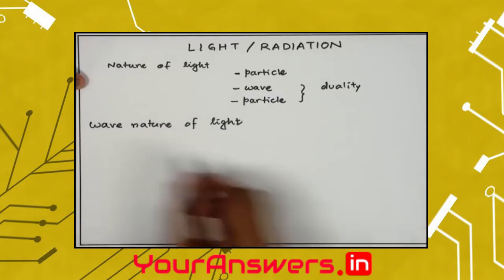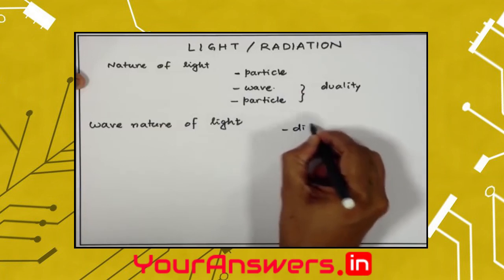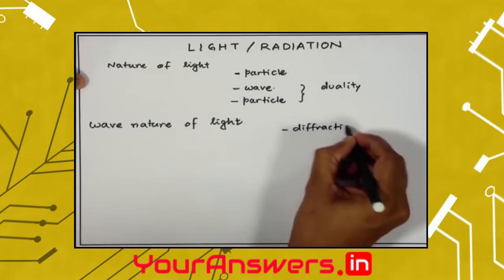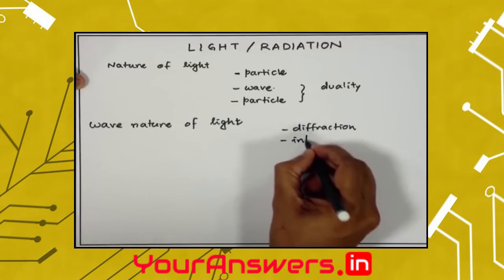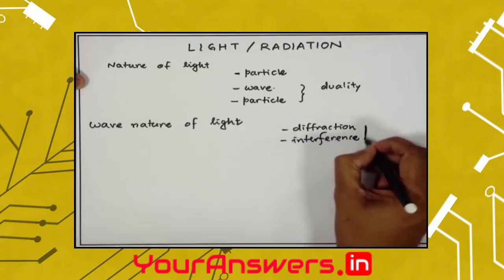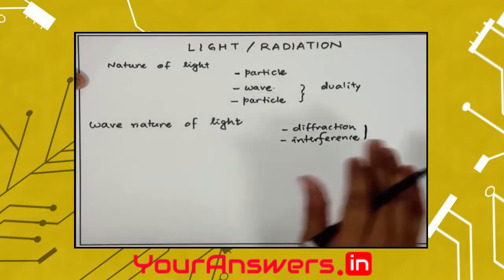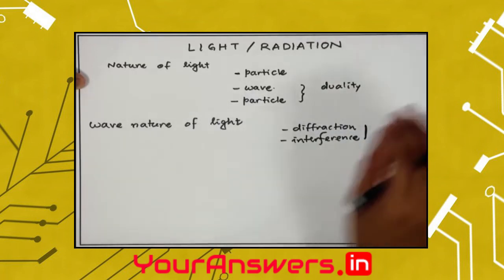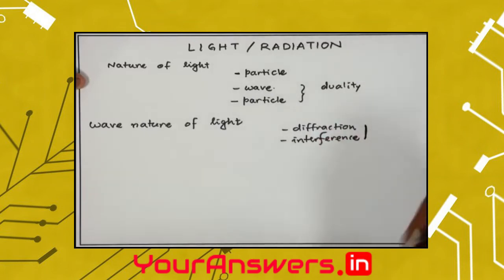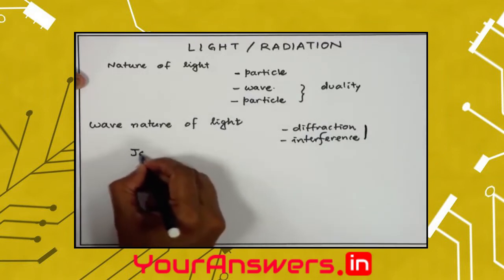As I said, light was believed to be a wave because it showed diffraction and interference, and these features are typically seen in waves. So, therefore light was believed to be a wave. In fact, for some time light was believed to be a transverse wave because its property matched with many other transverse waves. But afterwards, after some time, James Maxwell